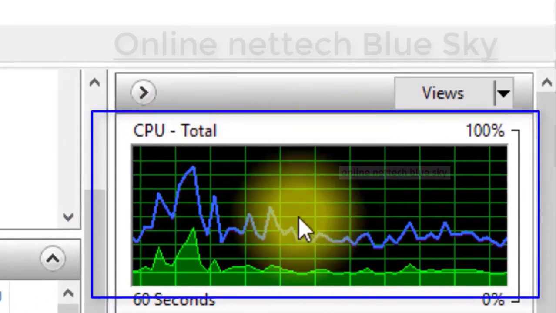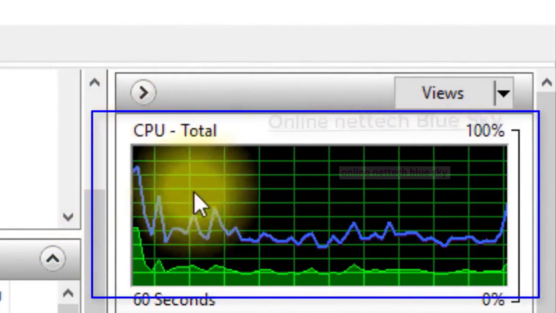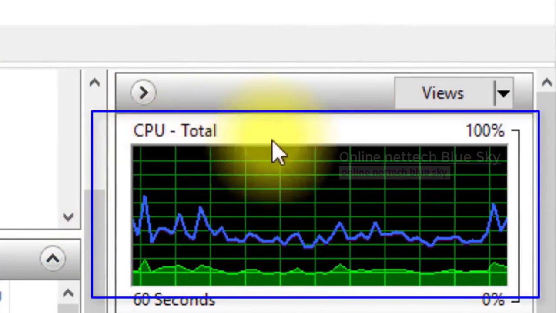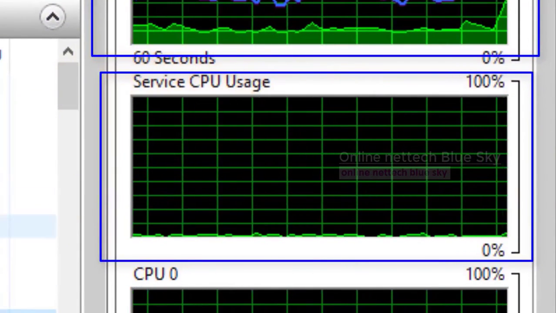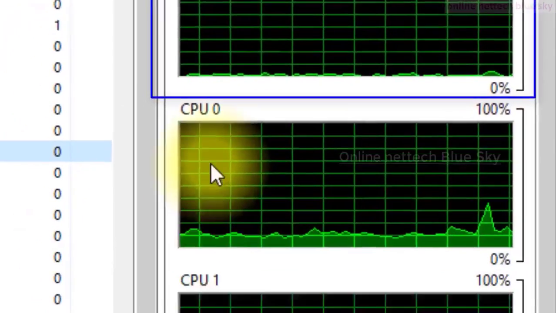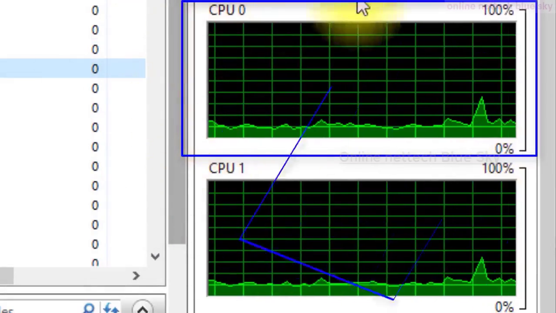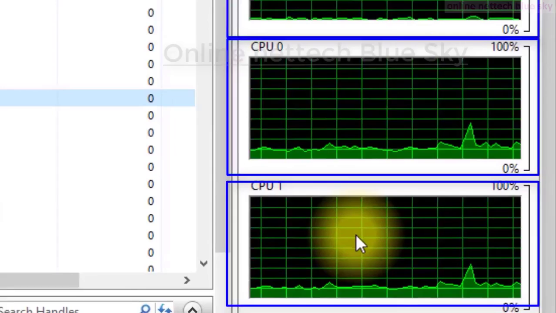So first I'm talking about the total CPU work, with the CPU process, services, and different tabs. This is the services, and you can see 0% to 100%, which means these are not heavily loaded. CPU 0 and CPU 1 mean my CPU is a dual core.